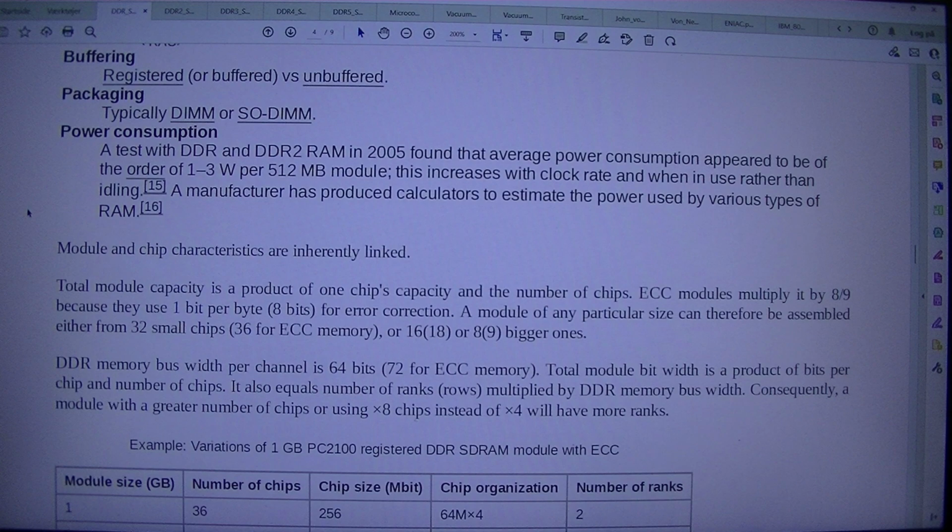Power consumption: a test with DDR and DDR2 RAM in 2005 found that average power consumption appeared to be on the order of 1 to 3 W per 512 megabyte module. This increases with clock rate and when in use rather than idling. 15. A manufacturer has